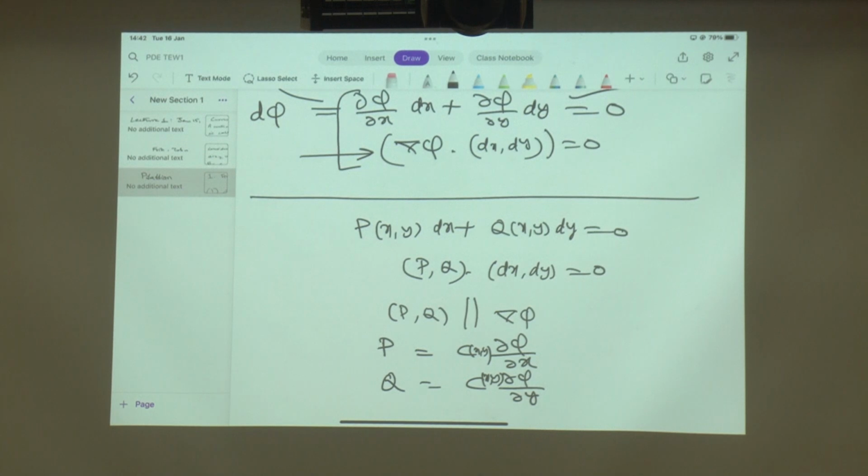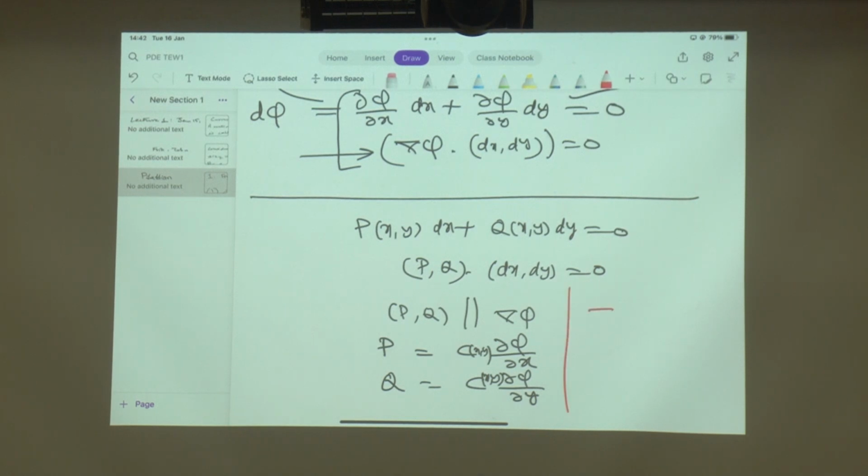You can apply something like f circle f inverse equal to identity, or f inverse circle f equal to identity. Now the identities are in different sets. Always only one of them will be useful. You can always do chain rule, but only one of them will be useful in getting the transformed equation. Similarly here, this is not what I wanted, so now I will